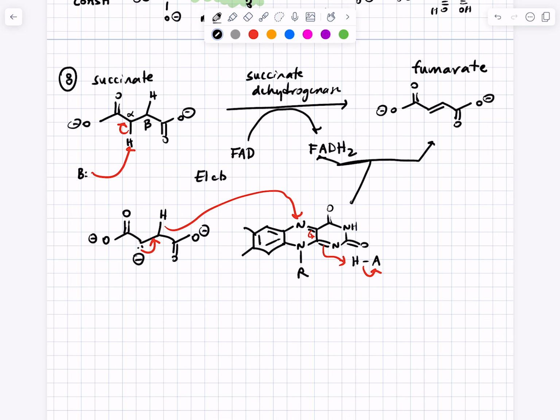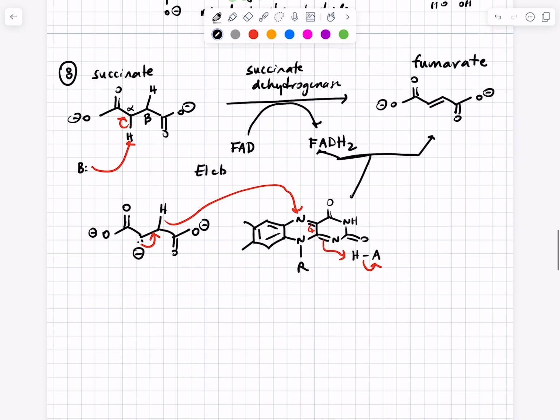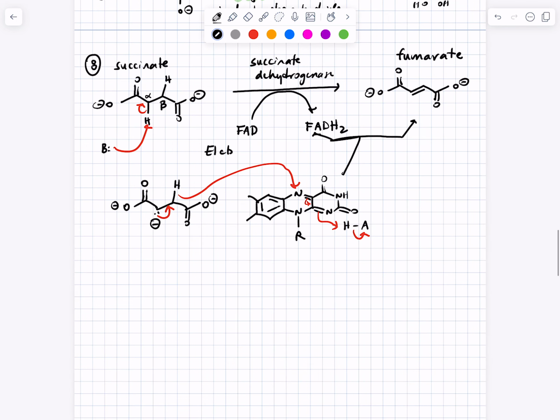So that's sort of unusual. Hydride's almost never a leaving group unless it's handed off directly to something. In this case, it's handed off directly to FAD. Even if you didn't know anything about the citric acid cycle, notice that this is an alpha-beta unsaturated carbonyl compound. So if you remind yourself where you need to get, which is oxaloacetate, you could predict what the next 2 steps are. Conjugate addition of water,